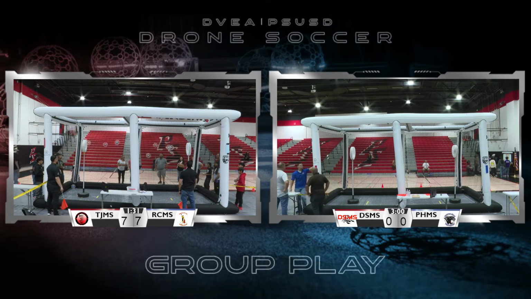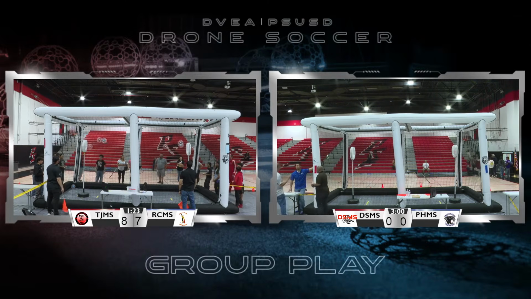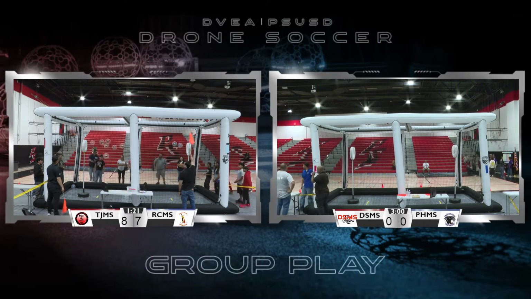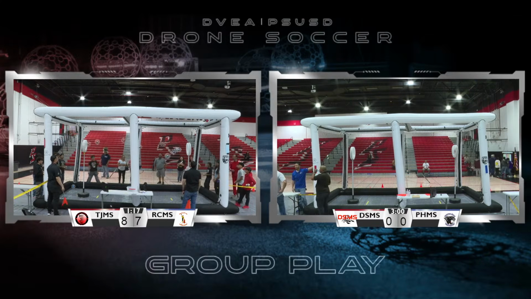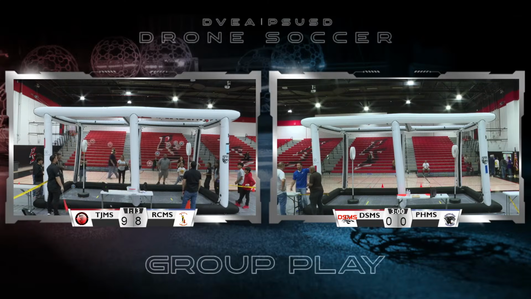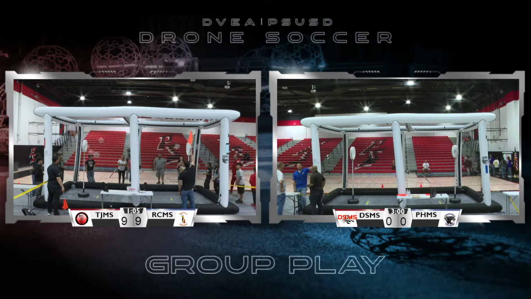All right, we have 1 minute and 30 seconds left in a very tight game. 7-8 so far, and I see one drone off the Raymond Cree squad is down. One drone is down, which means that they're competing with one man down. Like in any other sport, you have a man off the field, so they're playing 4 drones to 5, and it's a tie game with 1 minute left to play. They're doing very well.